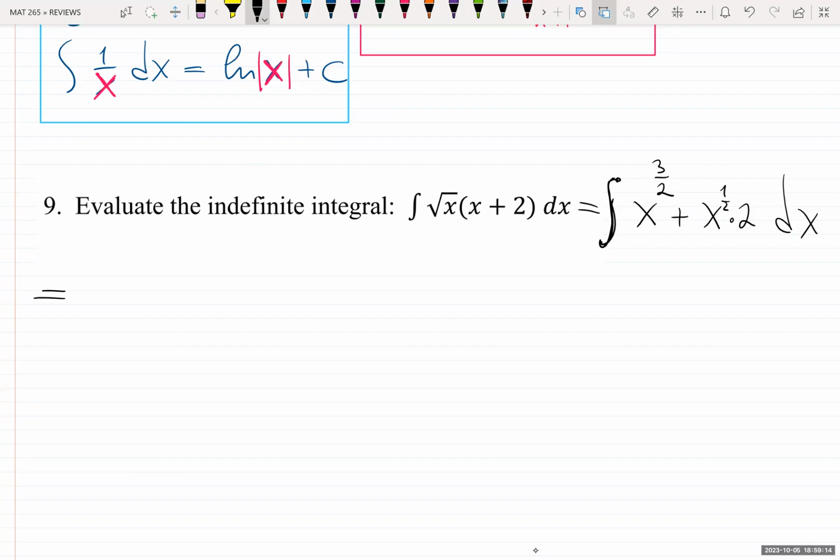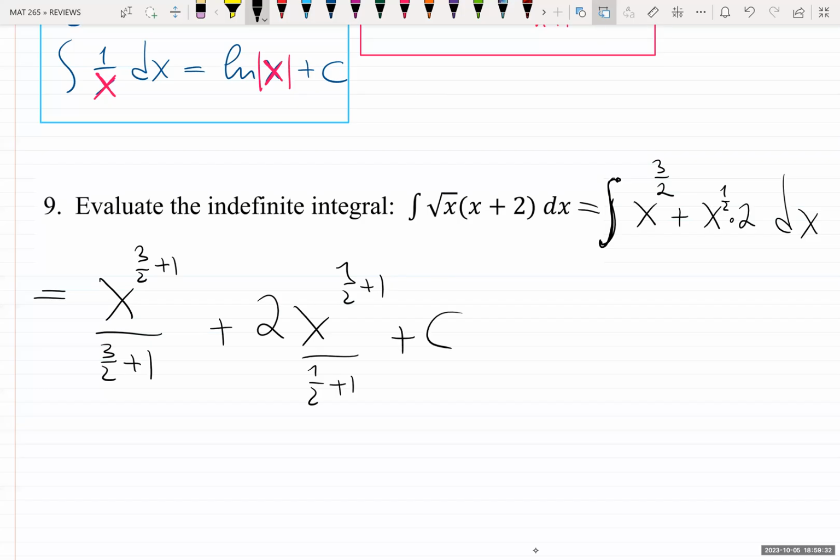Now, the integral sign will go away because I will be integrating x to the 3/2 plus 1 over 3/2 plus 1. That's the power rule I just reviewed. Plus 2x to the 1/2 plus 1 over 1/2 plus 1, plus c. Since it's not a definite integral, you have to put plus c at the end. And now you just calculate the exponent once and divide by the same number. 3 over 2 plus 2 over 2 is 5 over 2, divided by 5 over 2, plus 2 times x to the 1 over 2 plus 2 over 2, which is 3 over 2, divided by 3 over 2